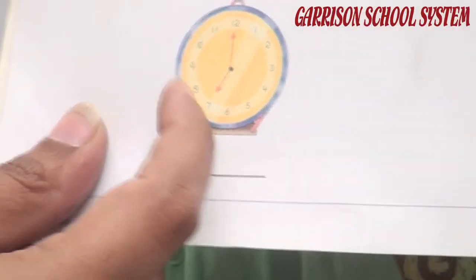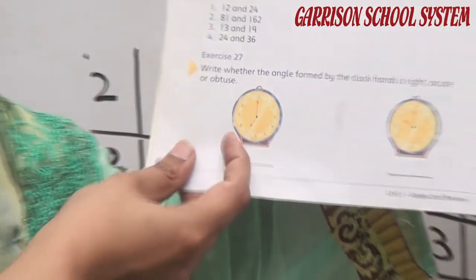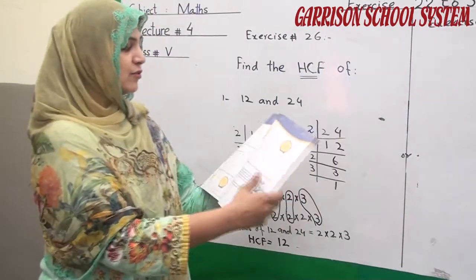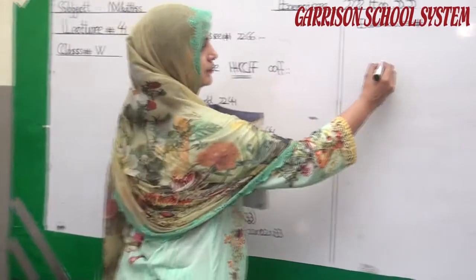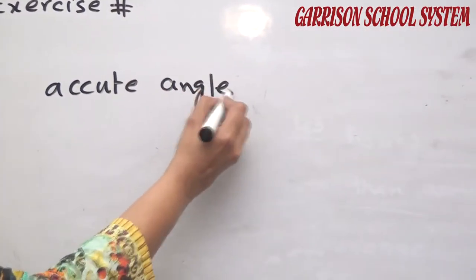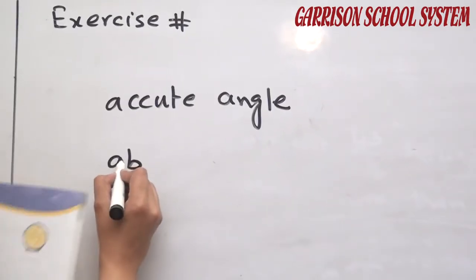So find out the angles. Whether the angle formed by the clock hands is right, acute or obtuse. Acute angle, students, let me tell you, acute angle is the